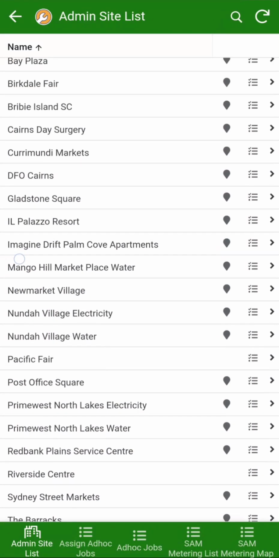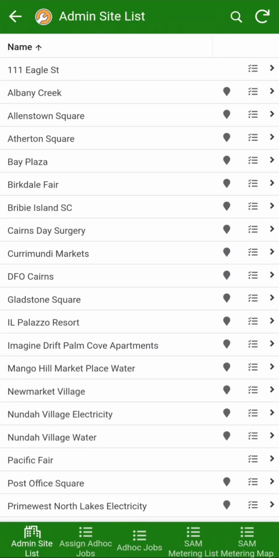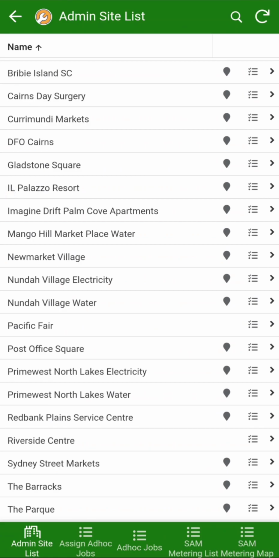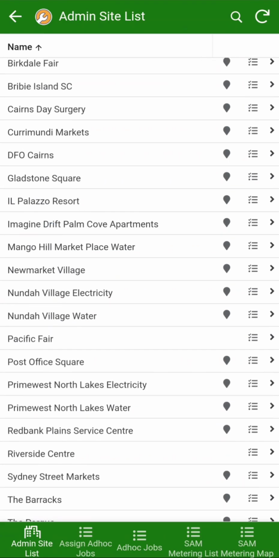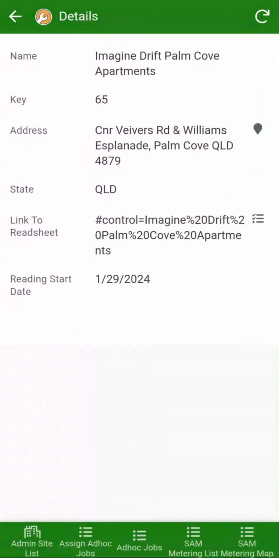Now, if your site isn't in here, just let the supervisor know, and try and fix it up. But for this one, we'll be using Imagine Drift. So if we select Imagine Drift,